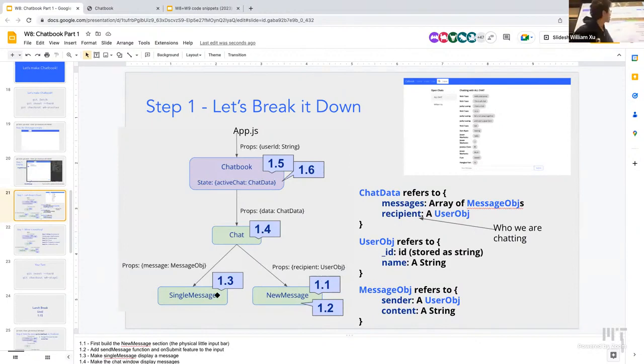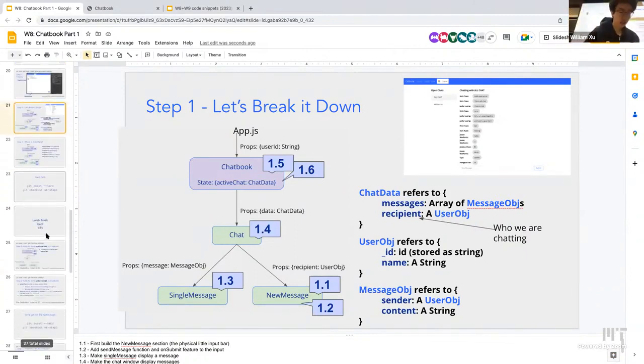We also created each single message component to display both the name of the sender as well as the content of the message. We also built up the chat function as well as Chatbook. So, okay, this is the whole progression of step 1, and this is basically the whole front end just built up already. Okay. Now that we have the front end,